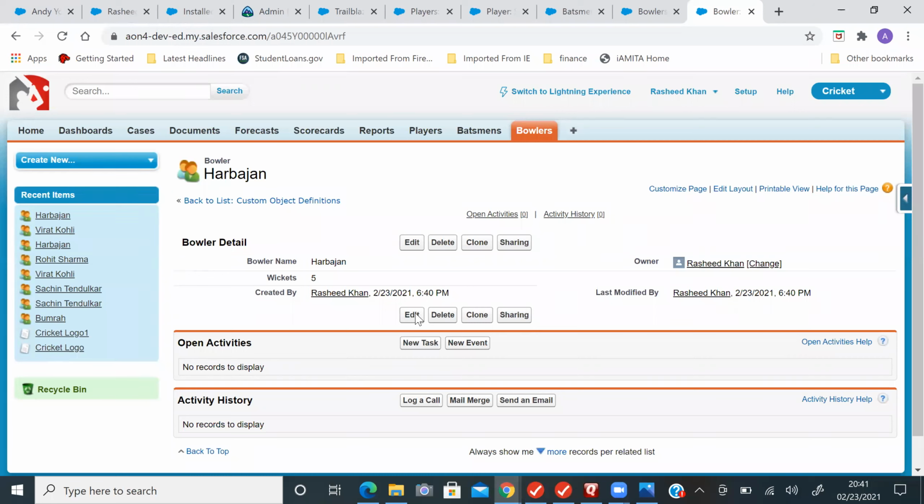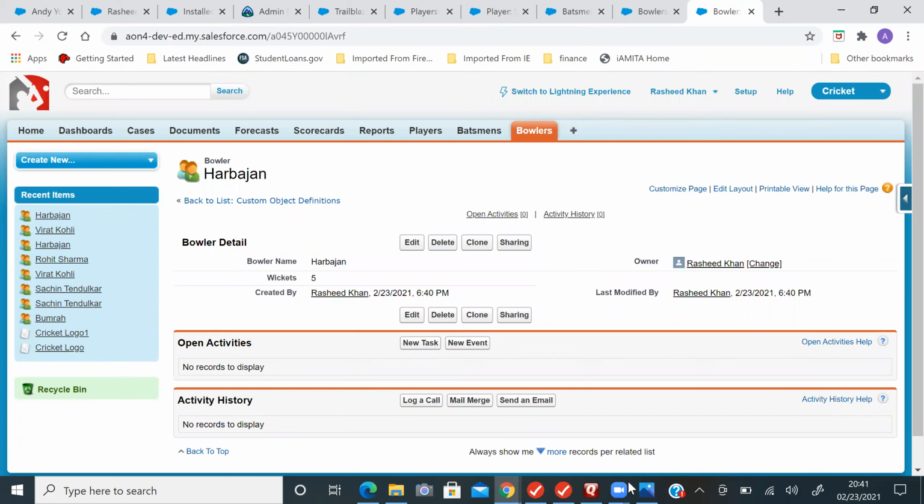We will be covering all the aspects of data loaders like insert, update, upsert, export all, delete, hard delete. These are all the options available in data loaders. We will have 1 or 2 separate sessions to understand the functionality of data loaders. This is a very important topic. You can show on your resume that you have worked on data loaders, which will create more impact to get shortlisted and get a job. Okay.